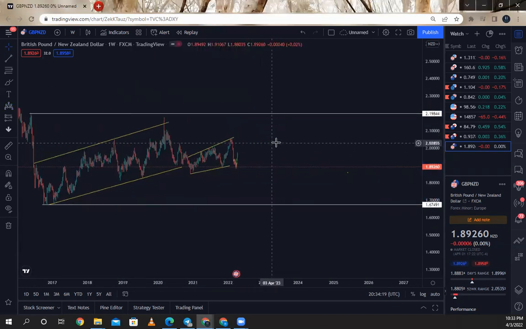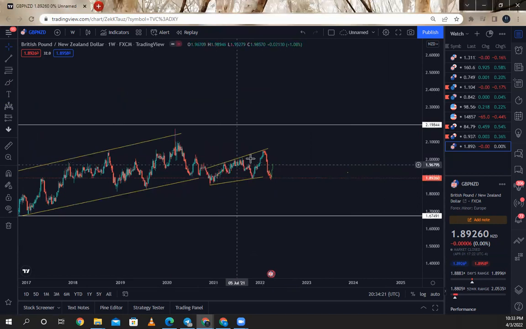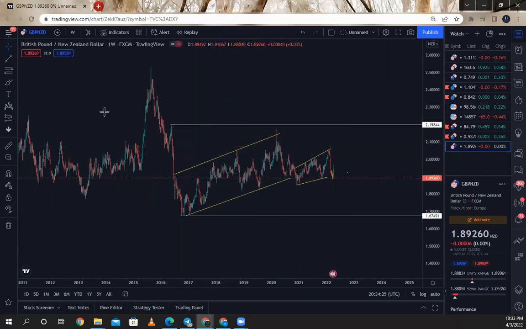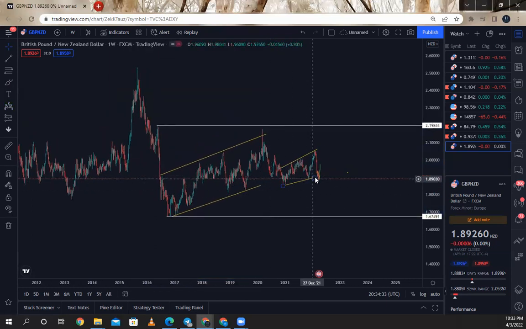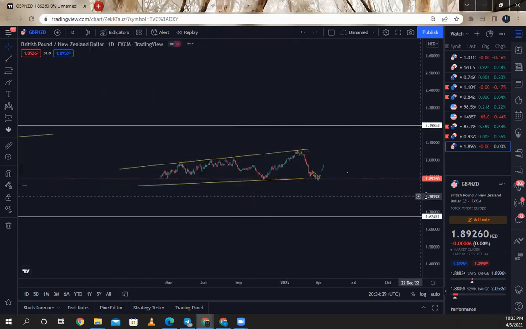So on this head and shoulder formation, what's happening is that this is the left shoulder, right? So this is the left shoulder, this is the right shoulder, this is the head. And then already it signifies to you what kind of movements you're going to be looking for. So if I go to the daily time frame now,